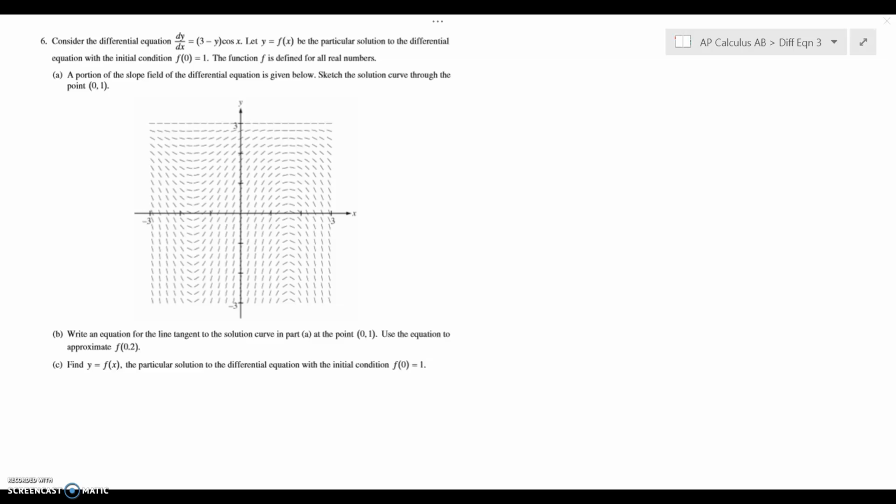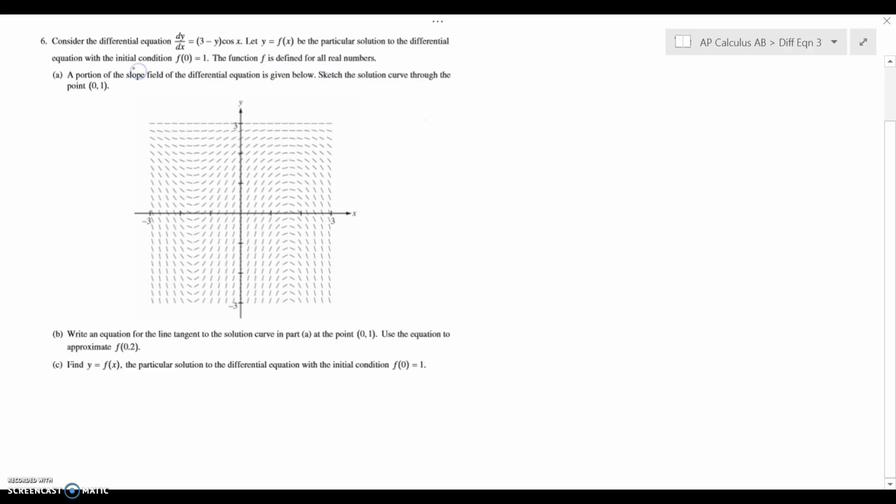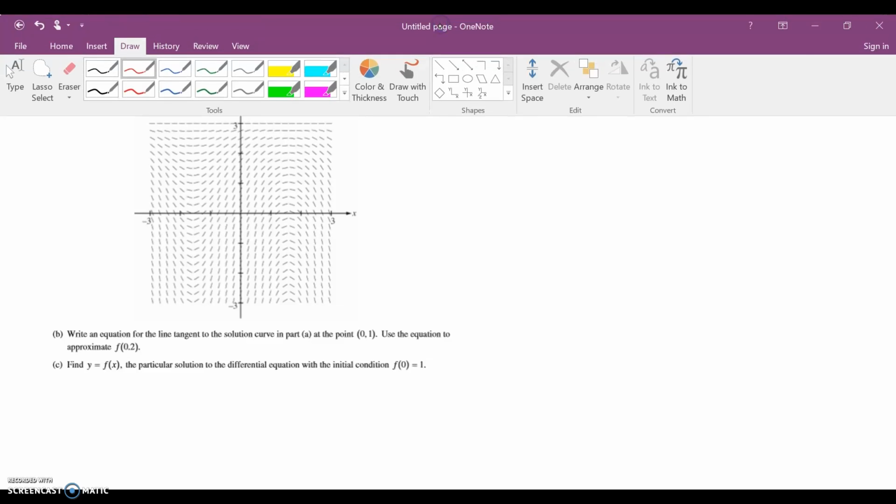And then they're saying that we have an initial condition of f of 0 is 1. They've provided a slope field, again, a really aggressive slope field. And there's a couple features before we pop into this thing that I want you to notice. When y equals 3, let me get a pen out here. When y equals 3,